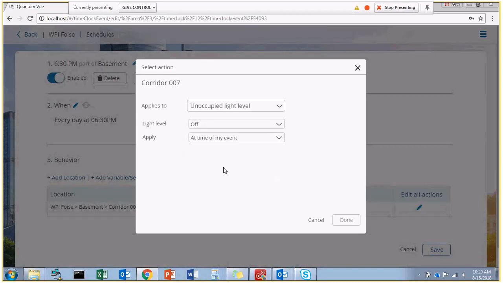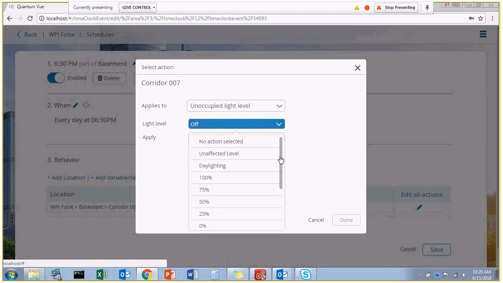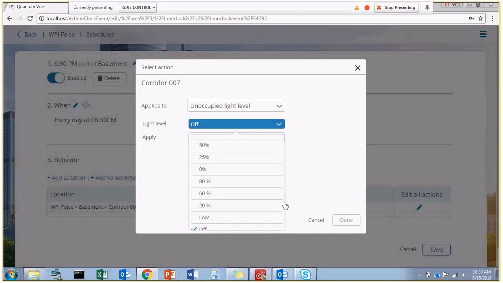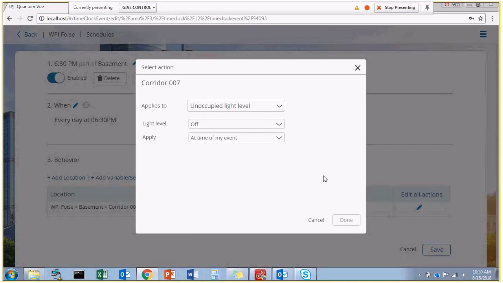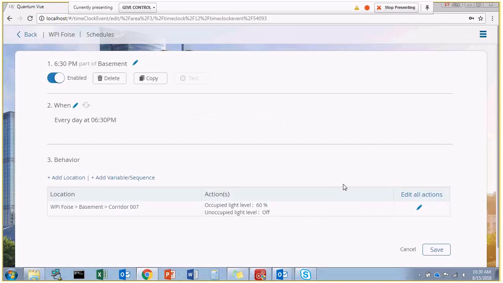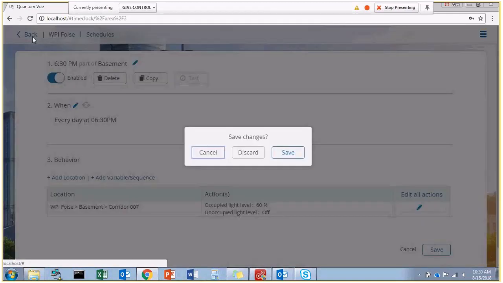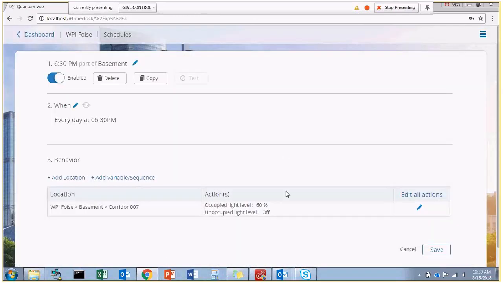So unoccupied light level is off at the time of my event, but you could change that to any number of different scenes here. And then once you picked whatever one you wanted to change it to, you would just click Done. And it'll bring it back, and just make sure you hit Save, and that'll save that event for you. And if you forgot to save, it'll ask you if you wanted to save your changes. I'll just save it. I didn't make any changes, but